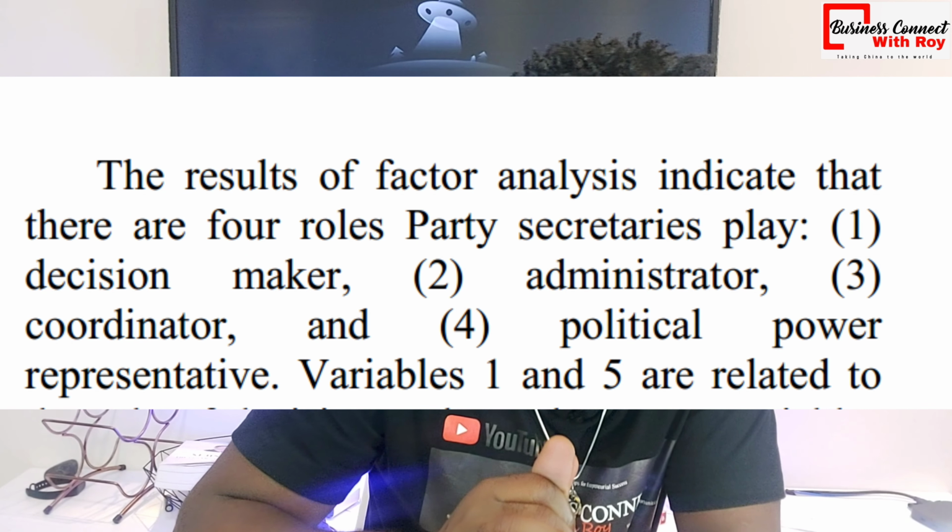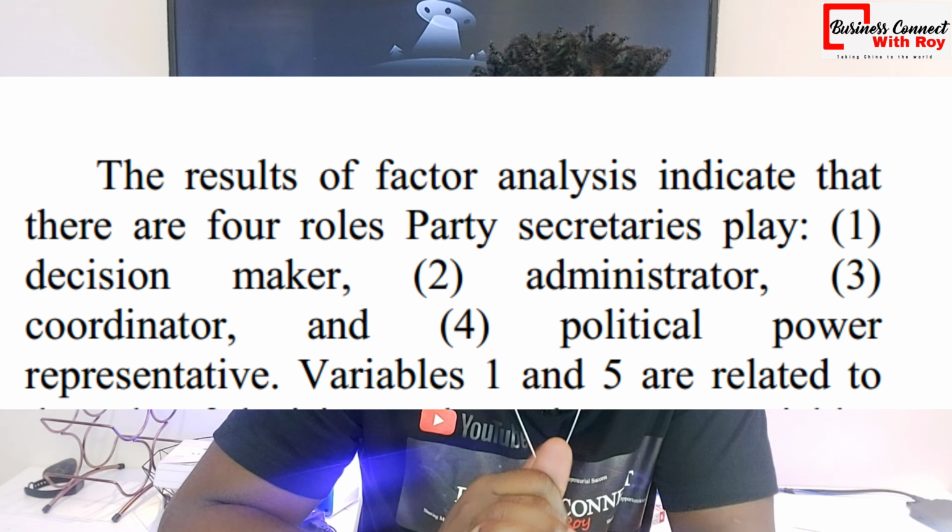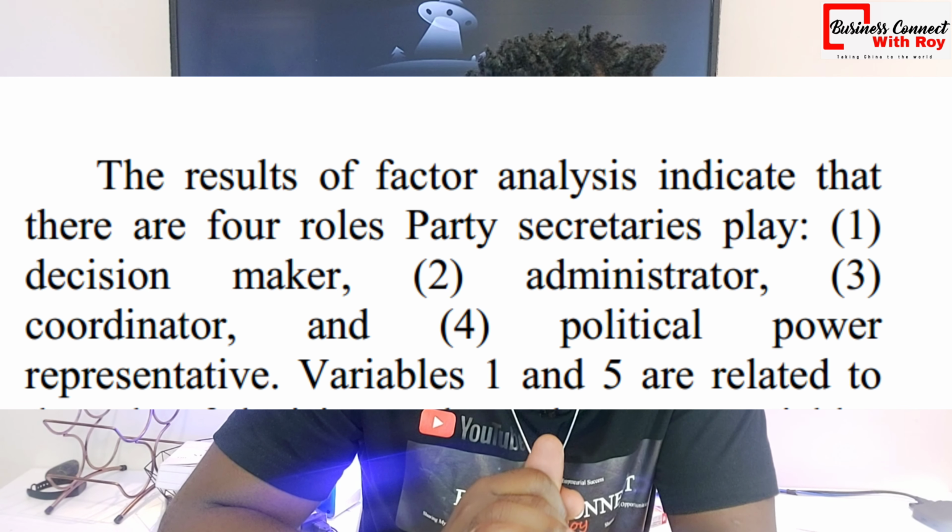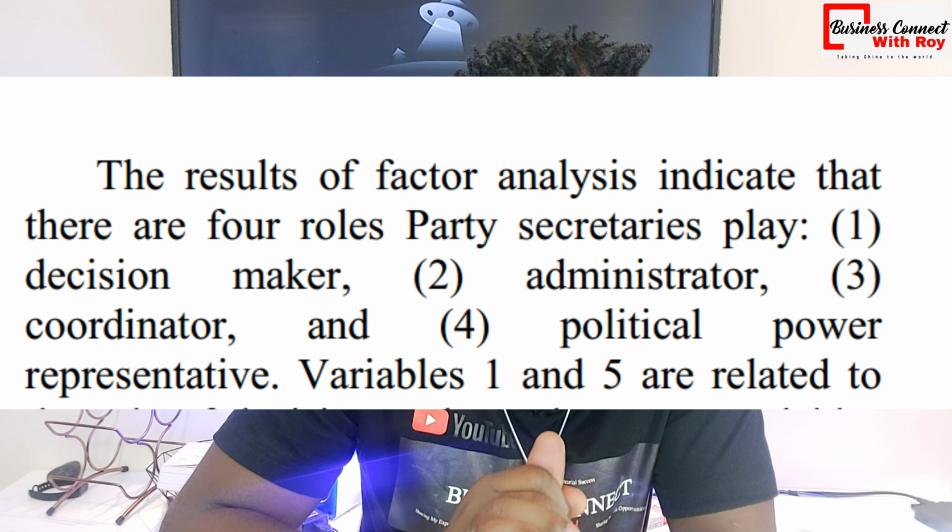So to understand better about the responsibilities of the party secretary and the university president, I'm going to display on the screen 10 variables that a researcher used to analyze these different conflicting leadership positions. Okay, now let's look at the results of the factor analysis that this researcher made. And the result shows that there are 4 roles that the party secretary plays. The first one is in decision making, the second one administrator, the third one coordinator, and the fourth one about